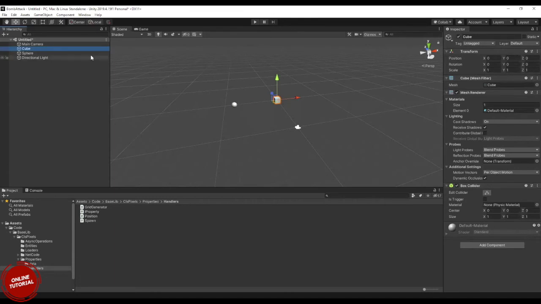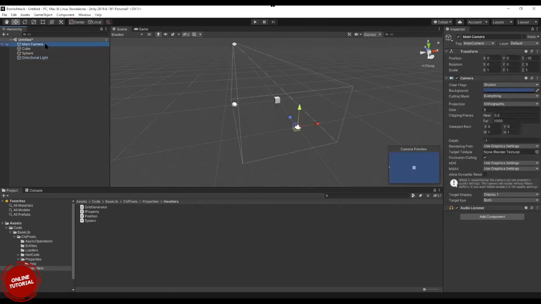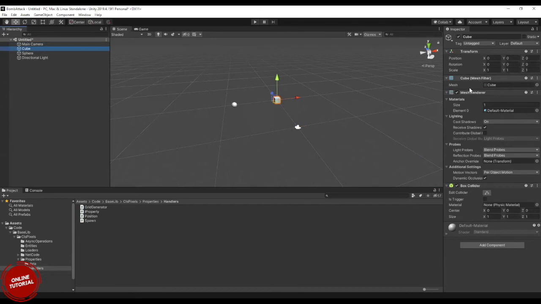If I select this direction light, it has its position and a light component. Similarly, the camera has its transform position, rotation, scale, and its camera component. Now this is a cube. Cube has a cube renderer.